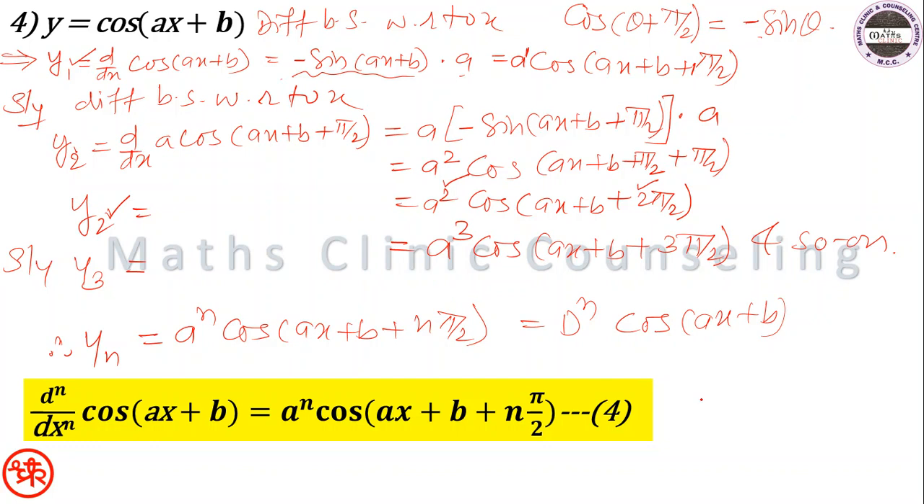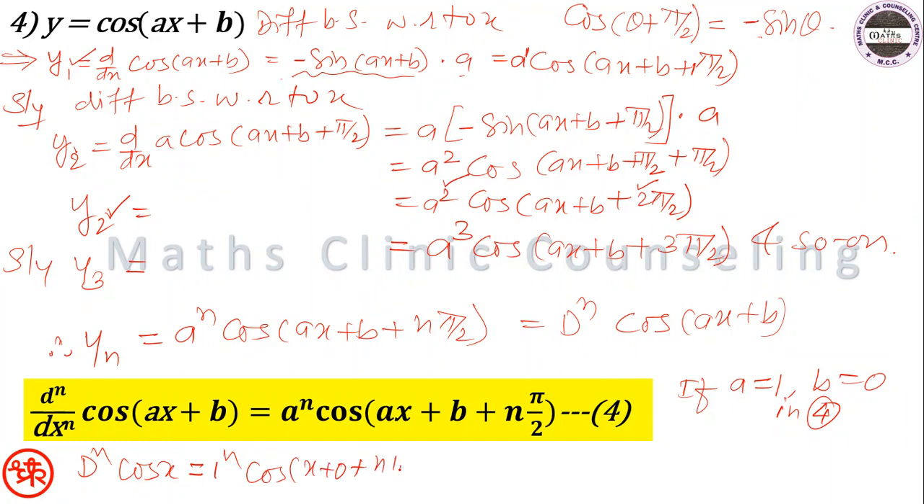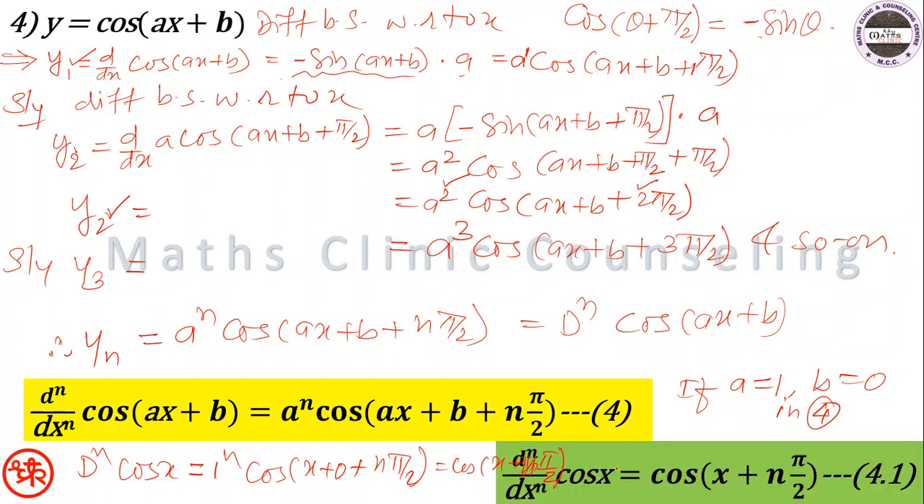Now in this formula, as in the previous case, if a equals 1 and b equals 0 in formula number 4, then you will get dn of cos x is equal to, here 1 to the power n cos of x plus 0 plus n pi by 2. So that is cos of x plus n pi by 2. Is that clear? So we have this formula, cos of x plus n pi by 2, that is 4.1. Okay, so in this formula if we put this,